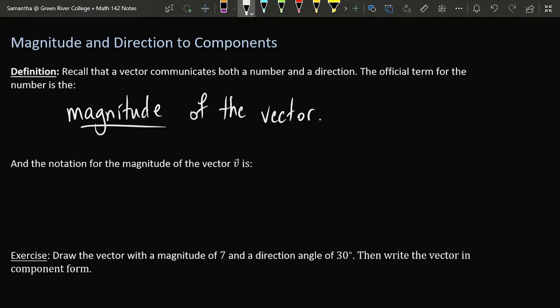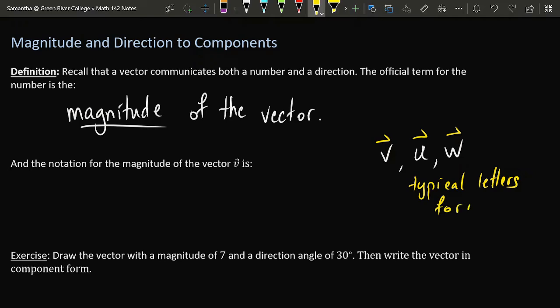Now, when we are writing down vectors whose components are not known, it usually is represented by the letters V, U, or W. And to emphasize that these letters are stand-ins for unknown vectors and not unknown numbers, we typically will write a little arrow on top of V and U and W. These are typical letters for unknown